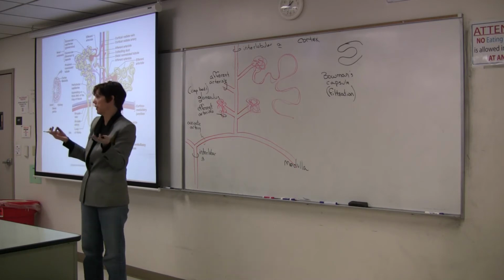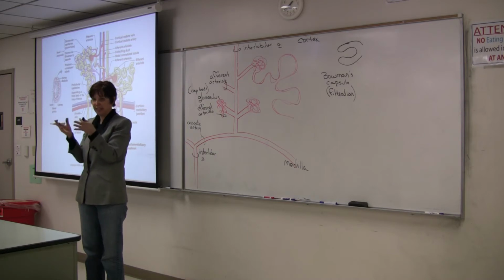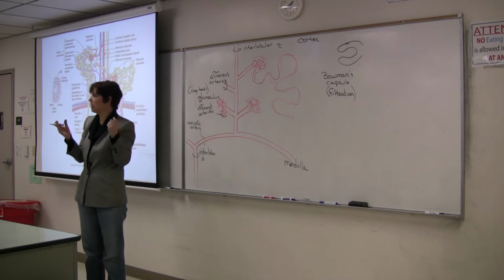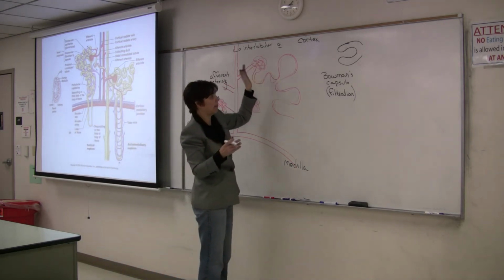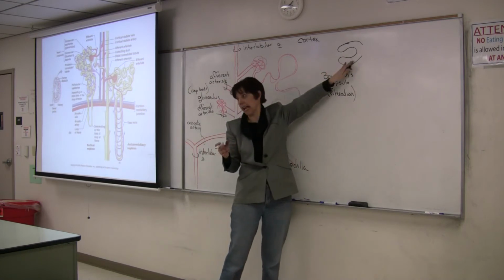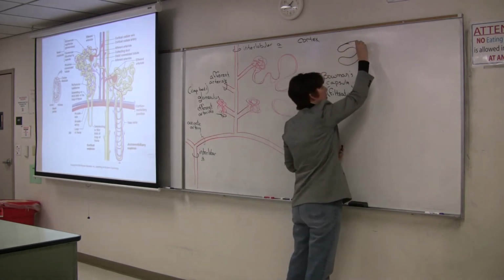So it's similar to the sandwich that we described for the respiratory membrane, where we had two epithelia and a little bit of connective tissue in between. So with our glomerular filtration membrane, we have two epithelia, the epithelium of our capillary and the epithelium of our capsule. Okay? And then it goes into